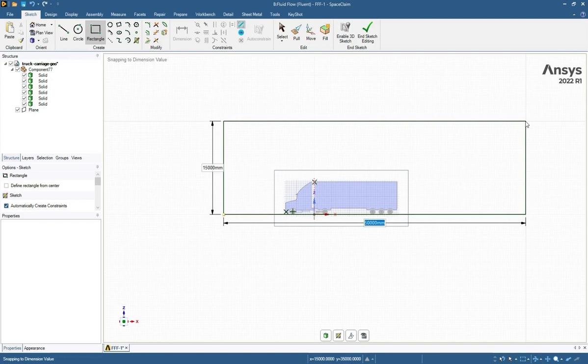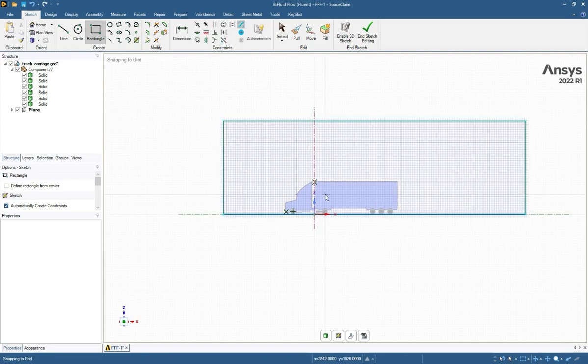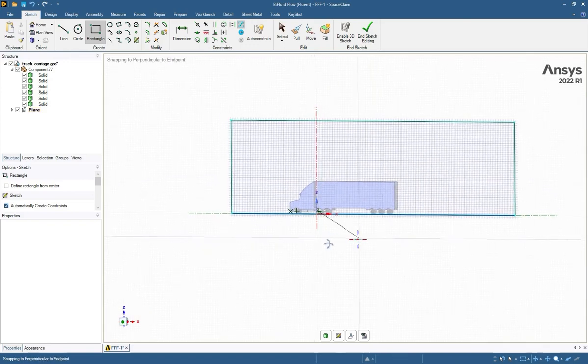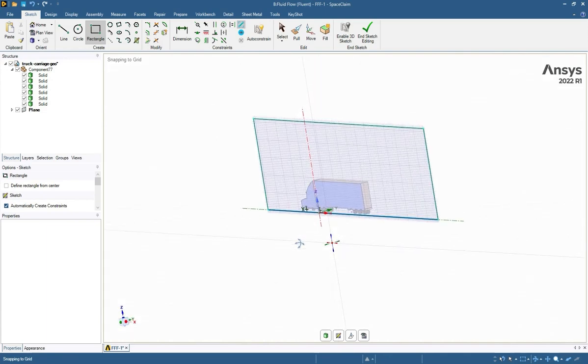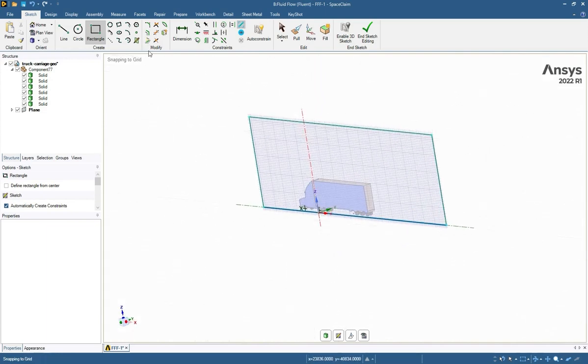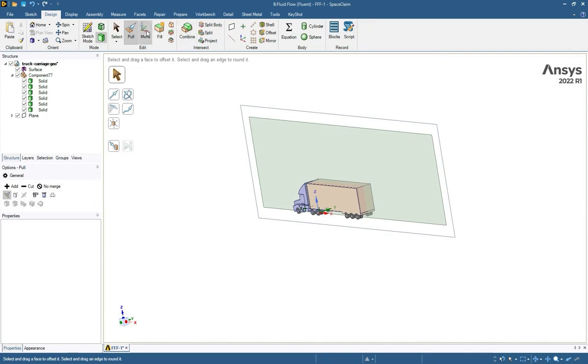Alright, these are the dimensions that we wanted to have for our outer domain. So I'm going to click enter after that. I'm going to rotate this geometry so that you can view it in 3D format, and then we can use the pull command, or actually we first have to click on end sketch editing,